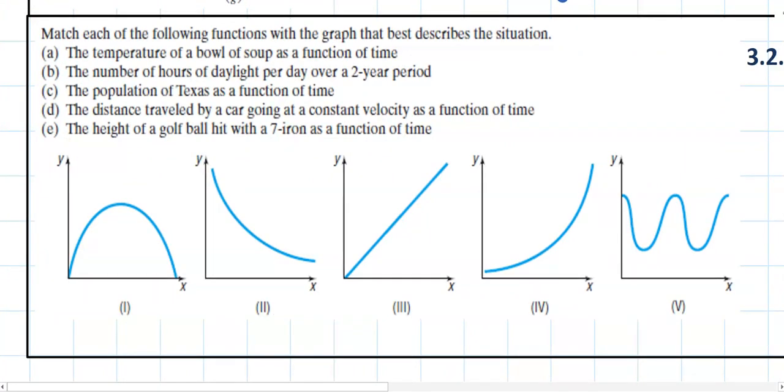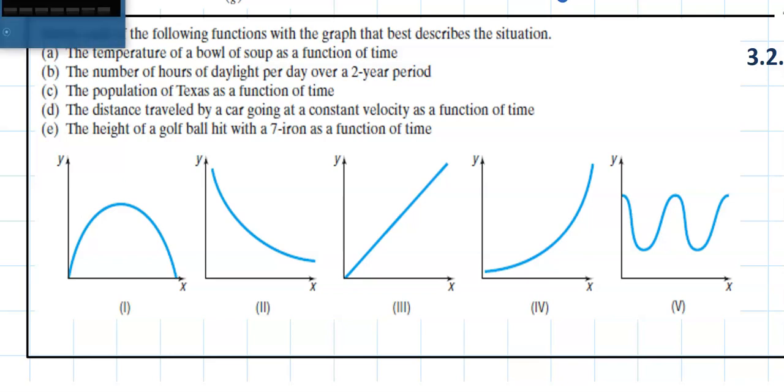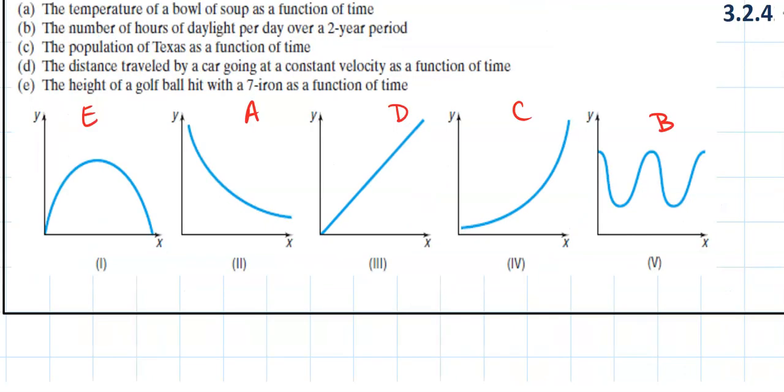And what I'd like for you to do is read these 5 descriptions and try to match the graph that's associated with each of these descriptions. So take a couple moments here, read the descriptions, and try matching each graph to those descriptions. And these are the results that I would expect for you to settle on after thinking about this a little while. Graph number 1, I think, matches description E, the height of the golf ball hit with a 7-iron as